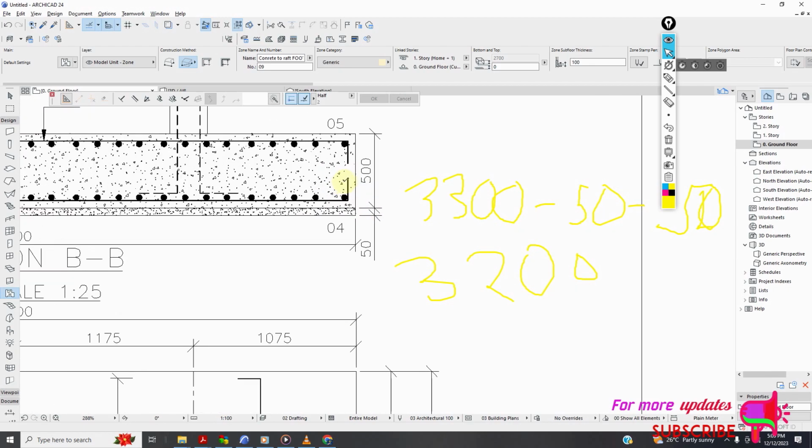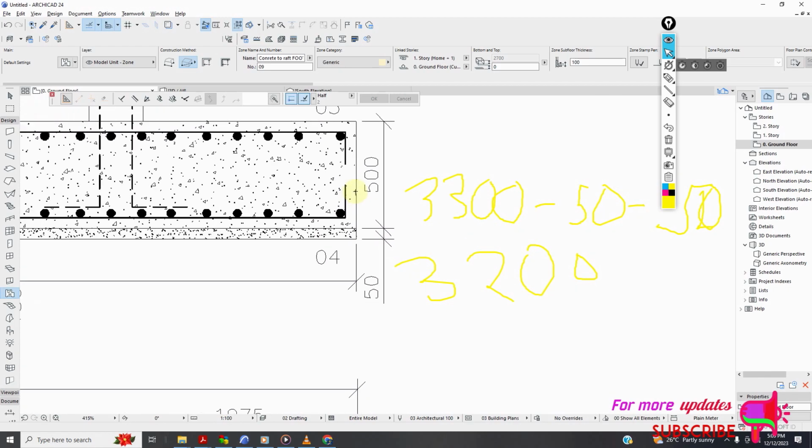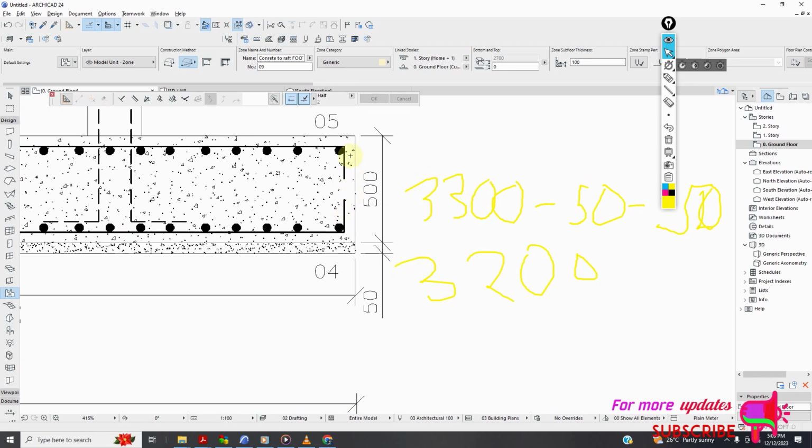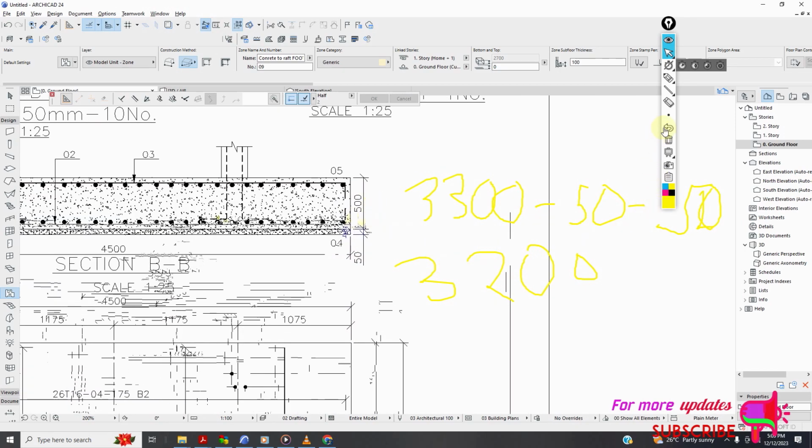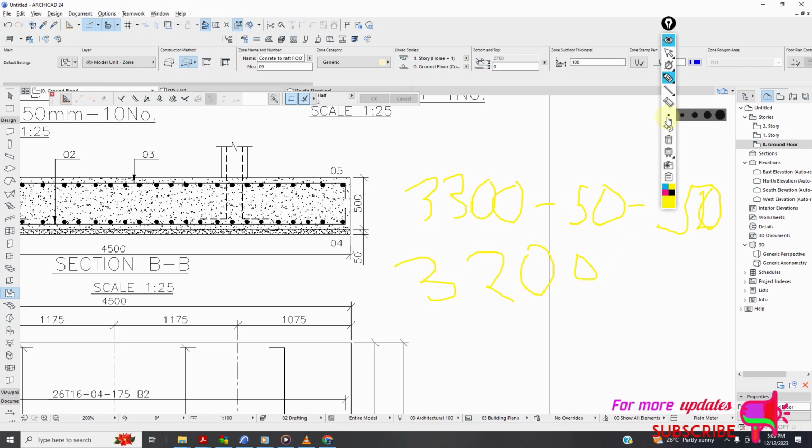There's also a clear cover from this point, from the top of 50 and the bottom 50. So the length will be 500 minus 50, which is the bottom cover, minus 50, which is the top cover. So it will be 400. 400 plus that 200. True length will be that 200